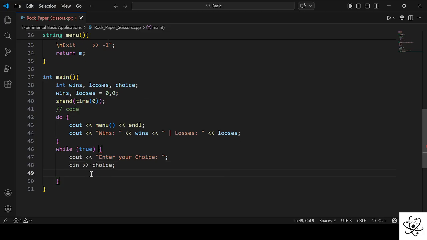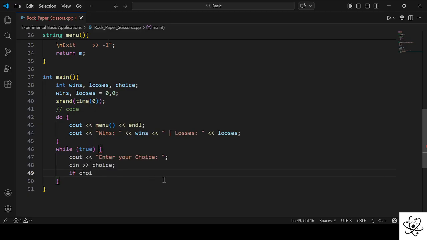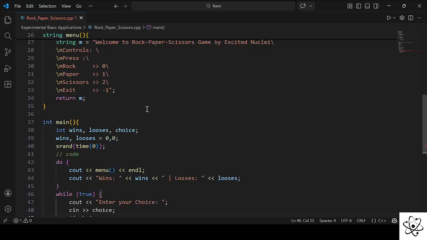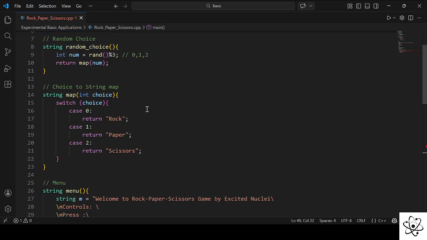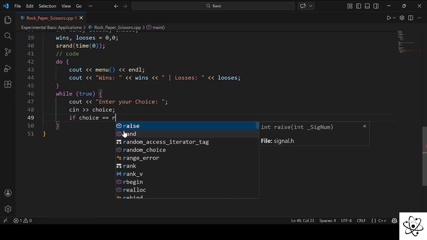And after taking the choice from the user, what we need is to just check the if else situation. Now if the choice and the computer's random choice are equal, that means the user input and the computer choice is equal. Then what we can do is